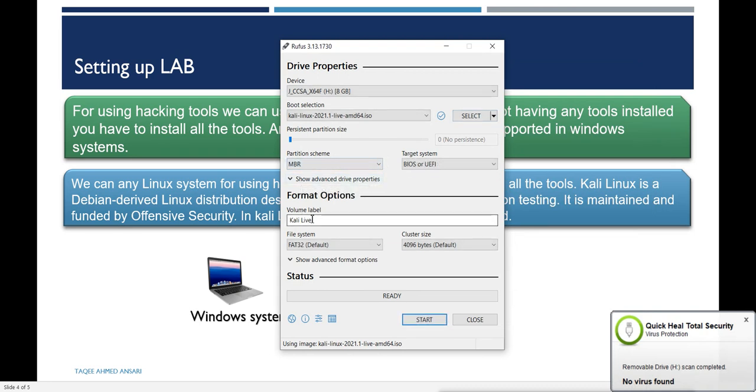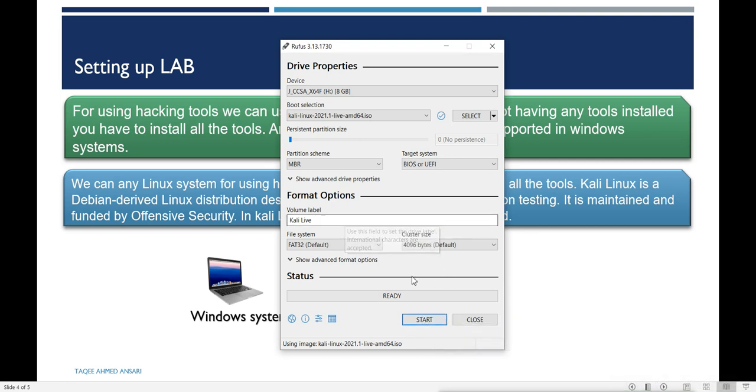The volume name and type are also automatically selected. You just have to start this and it will do everything automatically. It will install Kali Linux on your flash, and when it is finished you can close it and then boot your system with this flash, and it will start Kali from the flash.